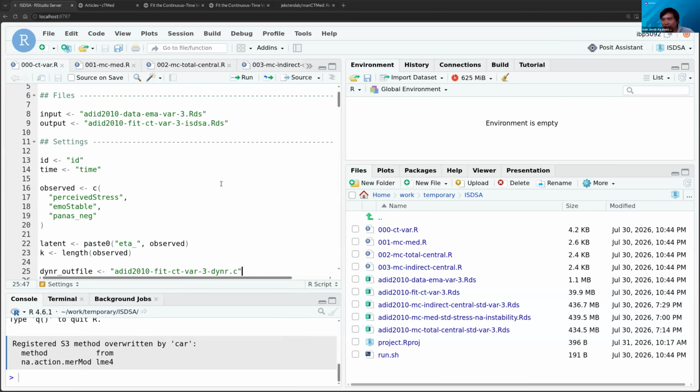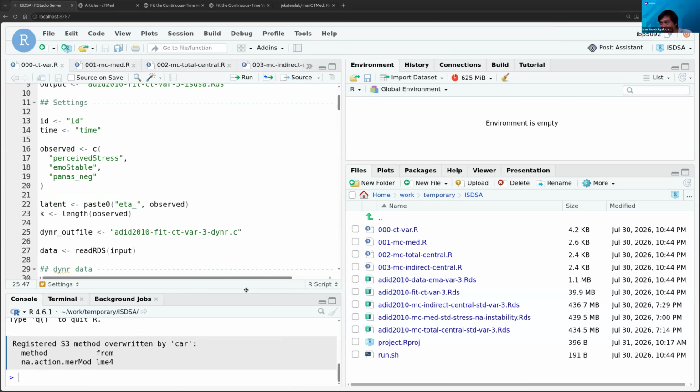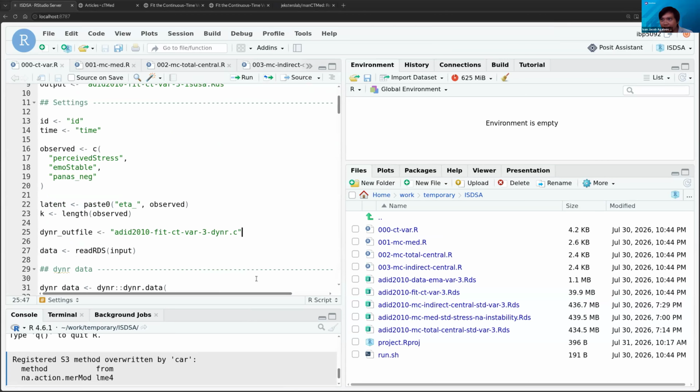I used the ADID dataset, which is actually a dataset that was collected by Sy-Miin. Were you at Notre Dame when you collected it? Or UNC? This is at UNC, yeah. You can actually share the dataset, or maybe you can describe what the input dataset would look like for someone who is using this.